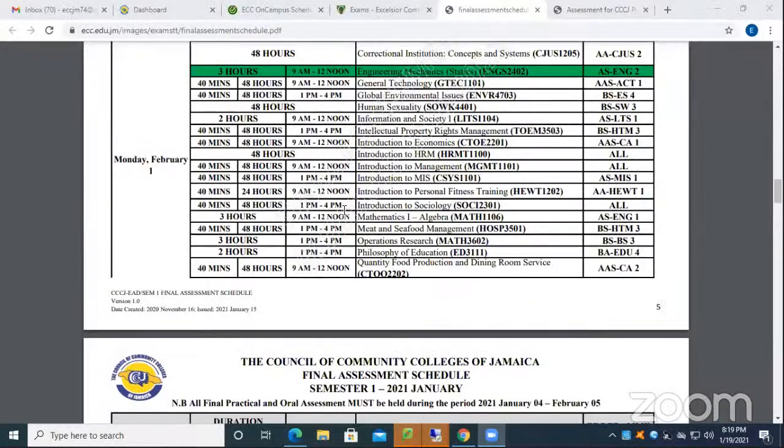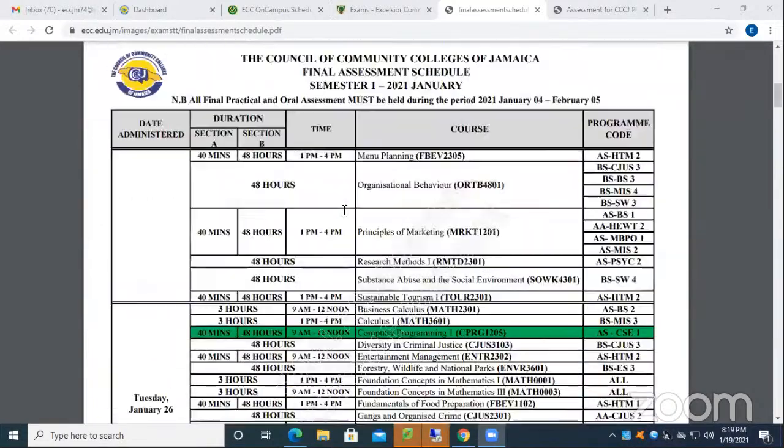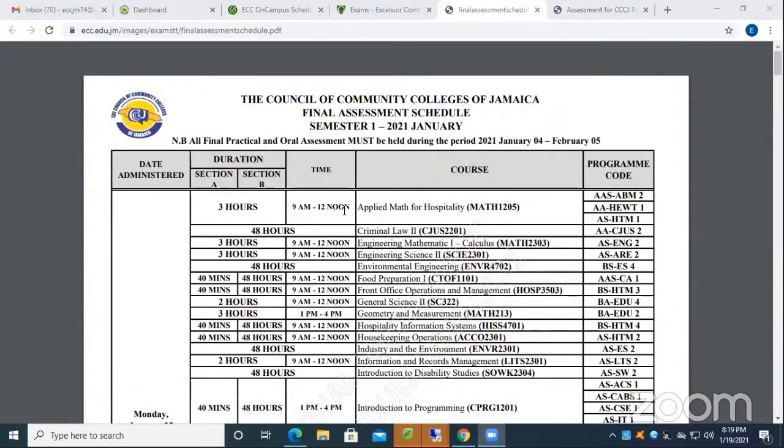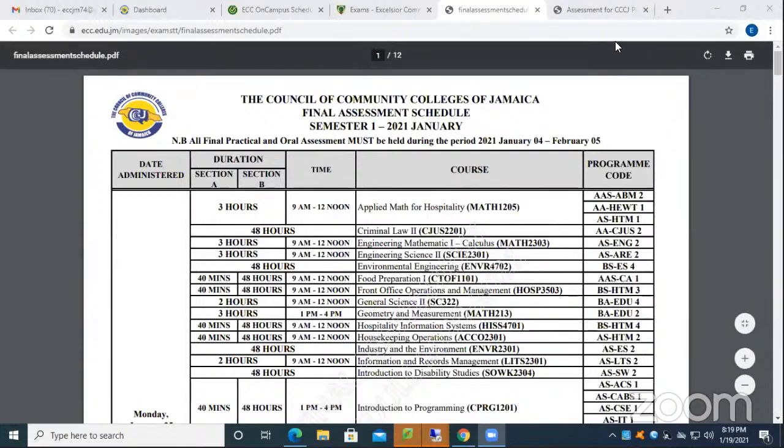Well, I am seeing 3 sets of timetables. This is color coded. Are you a CCC student? You're doing a CCC course like the associate degree? Hello?